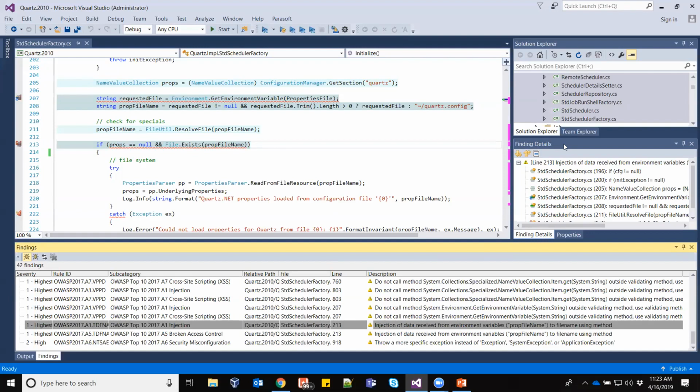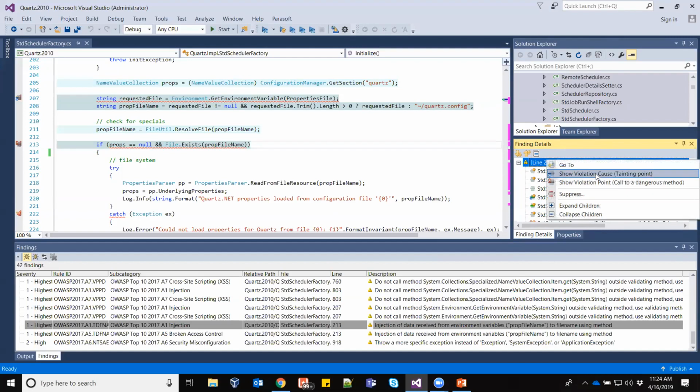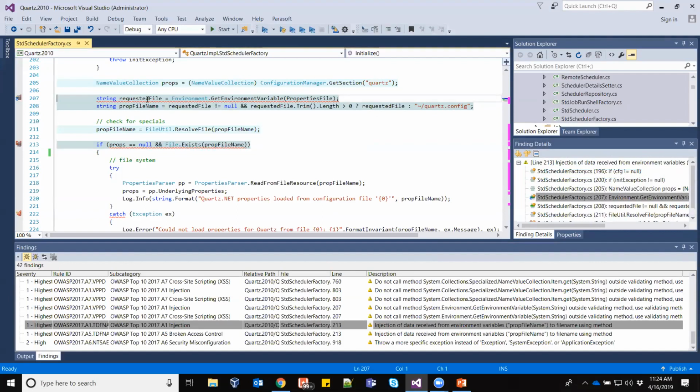We also provide findings details here for our flow analysis results. If we take a look at this, it walks us through the simulated execution path that our engine took to come to the determination that we have this injection problem. It even tells us the violation cause and violation point. If we look in the editor itself, it also tells us that.